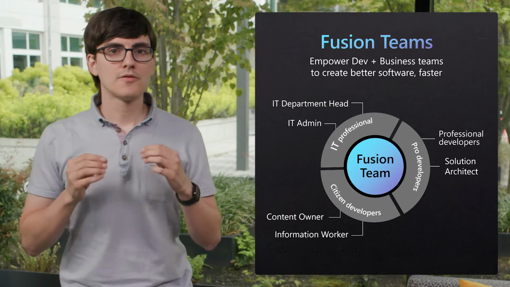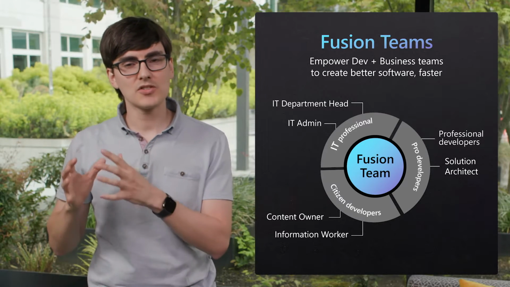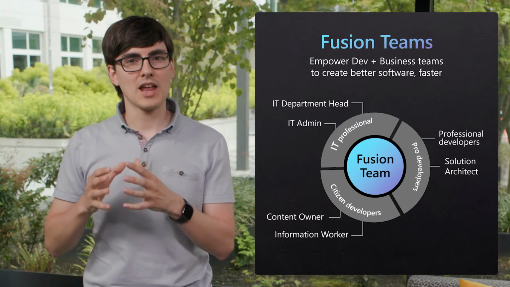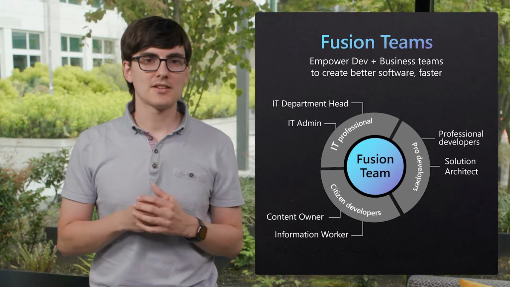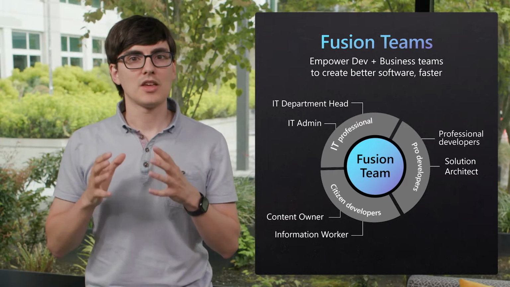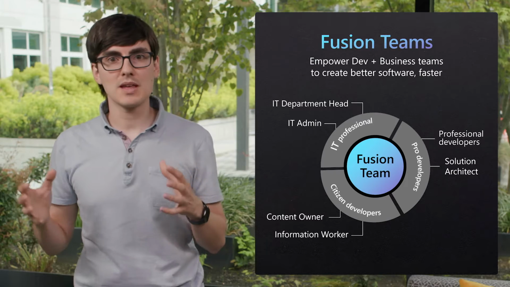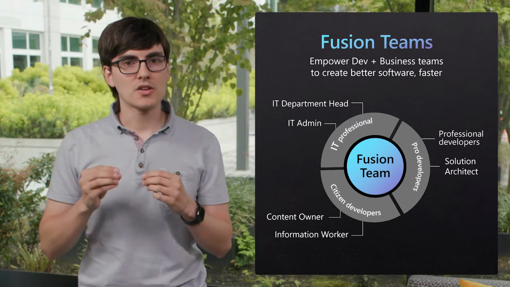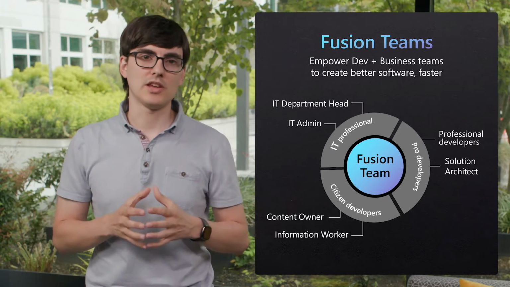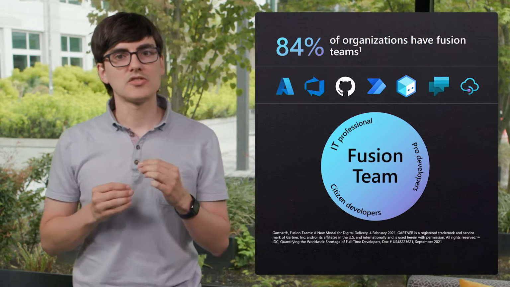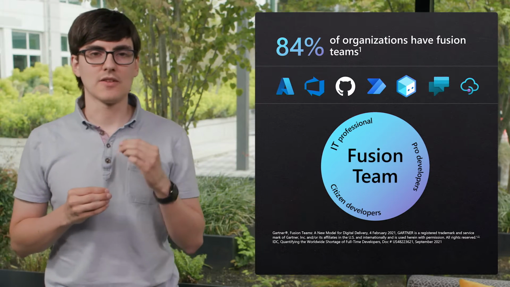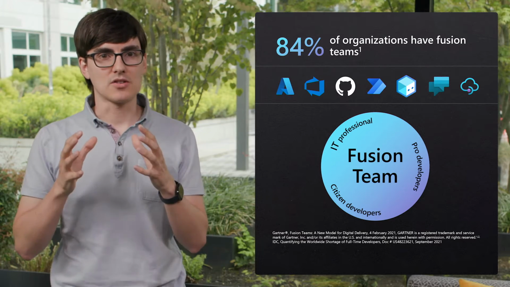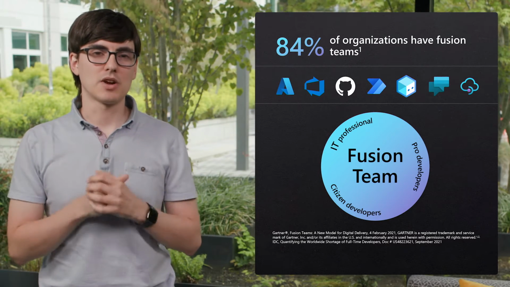As a quick reminder, Fusion teams are made up of makers that have a diverse set of skills and disciplines. This can include citizen developers that drive organic adoption so they can streamline their day-to-day work, professional developers that use advanced functionalities to scale their impact and unblock complex requirements, and IT to monitor and manage overall governance across the ecosystem. With a Gartner study showing at least 84% of organizations have Fusion teams, we think it's important that the tools and platforms available to makers are geared towards streamlined collaboration.